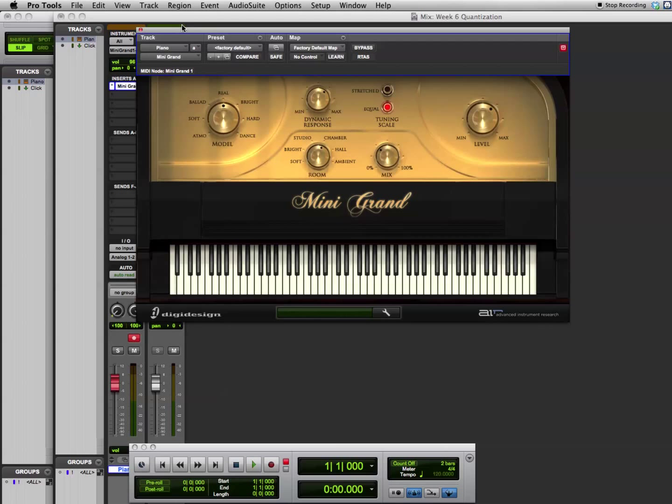Does anybody not have any keyboard control? Is it no keyboard control or just no sound? No, there's neither. Okay, it's not giving me signal at all. Bobby, what's yours doing? It's not even playing the Axiom. Are you record enabled at this point? Bobby, are you record enabled? No. Can you record enable your track for me? And then see if it's still